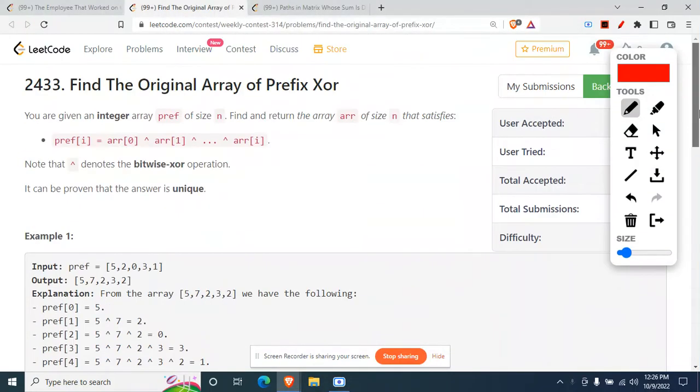Hey there, today we'll be doing this question that's 2433, Find the Original Array of Prefix XOR, which appeared in weekly contest 314. The question statement is you are given an integer array prefix of size n and we need to return the